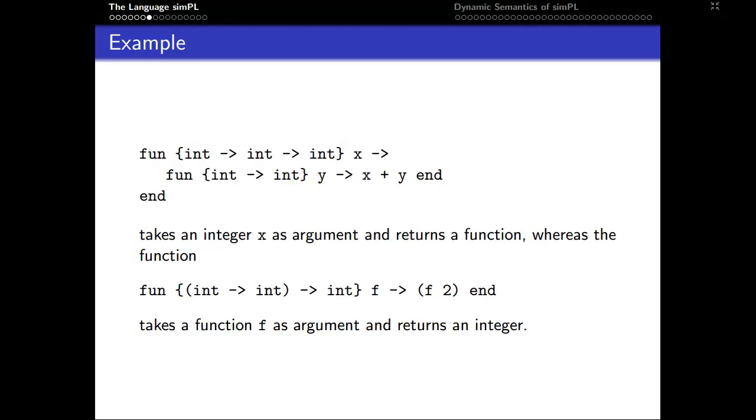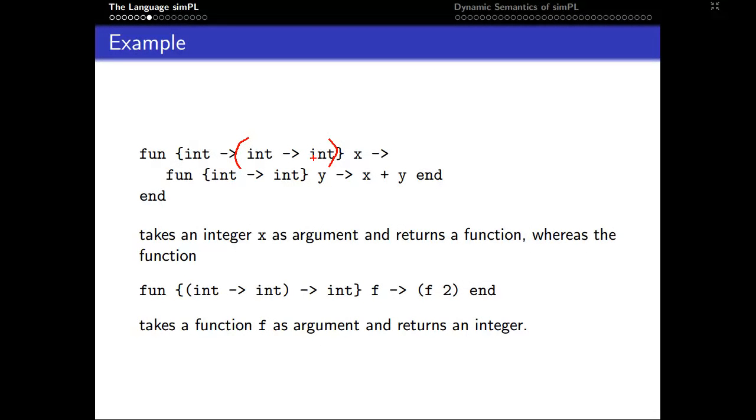So another one, where we might want to associate the types differently. If we want to associate them differently, obviously we have to use explicit brackets. Here, we didn't have to use explicit brackets. We could have put brackets here, but they're not necessary because the natural association of the arrow is to the right. But here we do have to do that. So here we're saying something different. This is a function that takes a function as the first argument and returns an int,